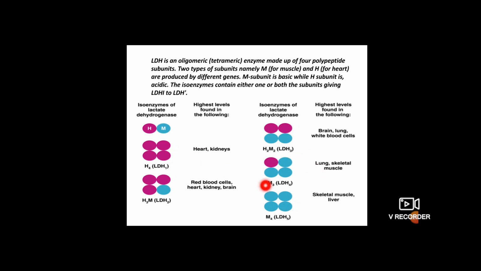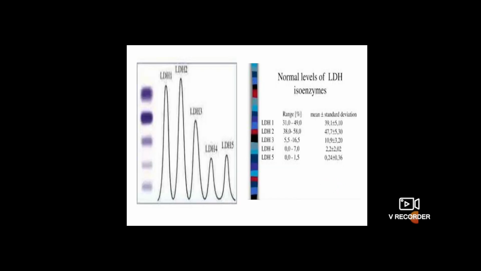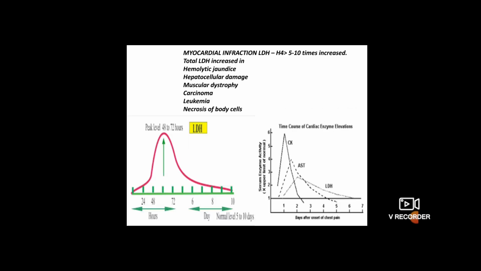You can see all these things here. So if it is LDH4 or 5, you can say skeletal muscle or liver disease. So a very important thing is identification of the enzyme. Of course, estimation we will do, but most of them are not going for identification. We have very advanced methods and technology to find it out. This is a very old method, but it is still very important.